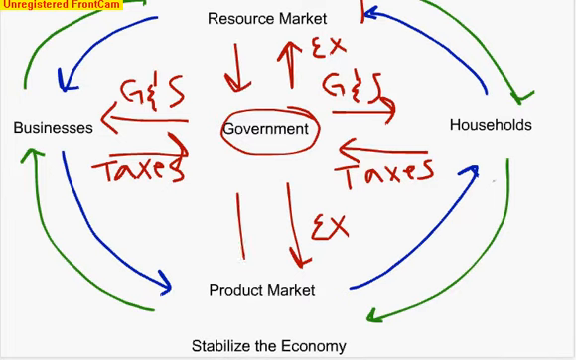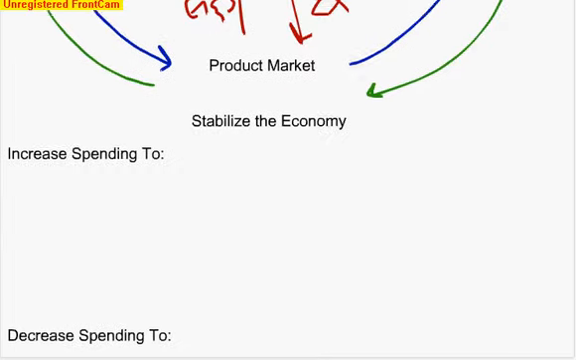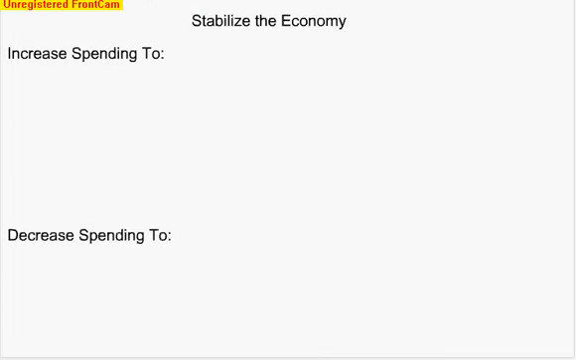And then, of course, the resource and product market provides the government with their resources, and the market economy provides the government with goods and services. So that's how the government comes into play. Through the alteration and distribution of income and the reallocation of resources that the government does, it's able to stabilize our economy. They can increase spending